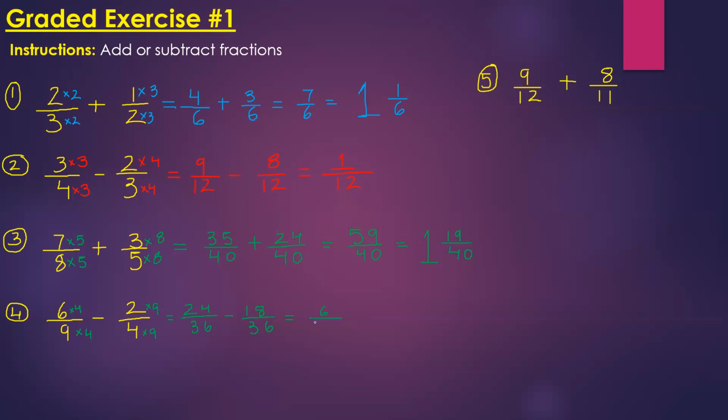And what is 6 over 36 simplified? 1 over 6. Very good. 6 will go into both of them, so we divide top and bottom by 6, and we get 1 over 6. All right, good. Thank you, Darnie. Next person is